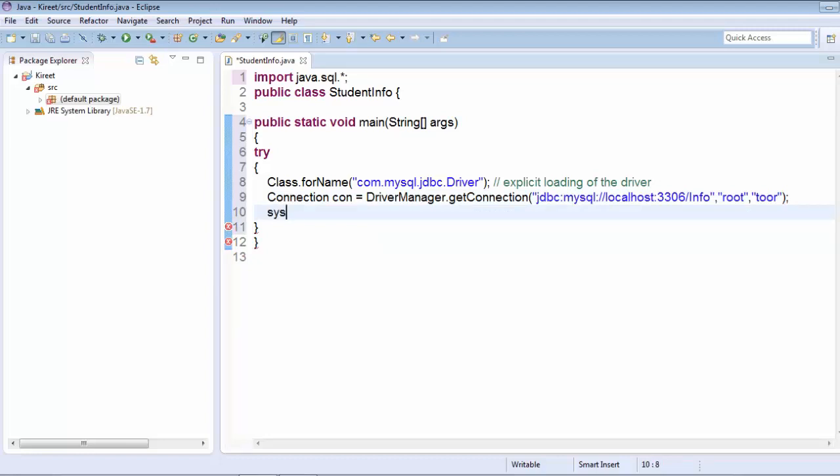Now I will check whether it has successfully connected or not. I will write "connection established successfully".